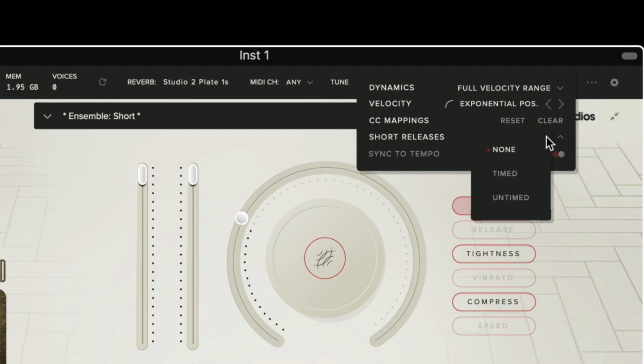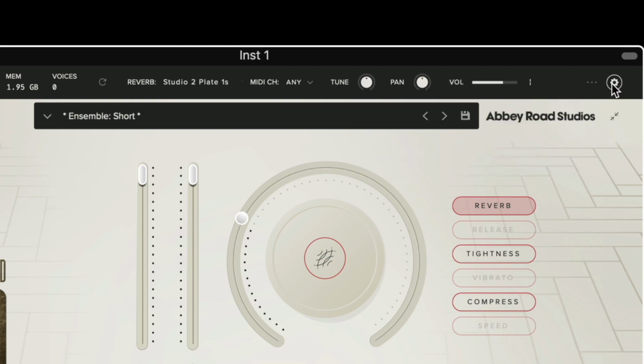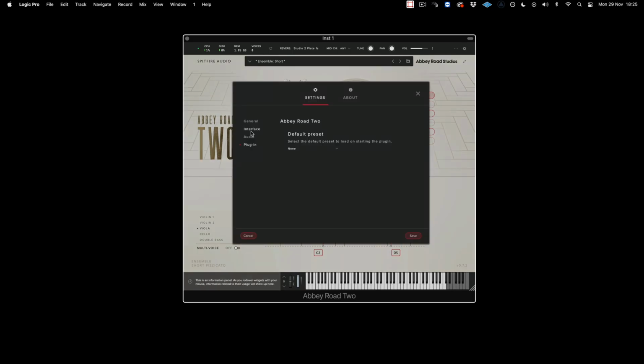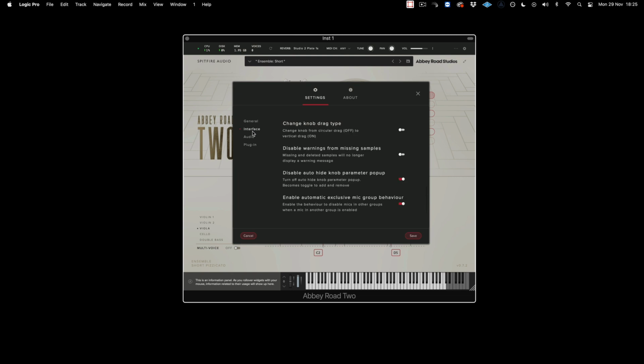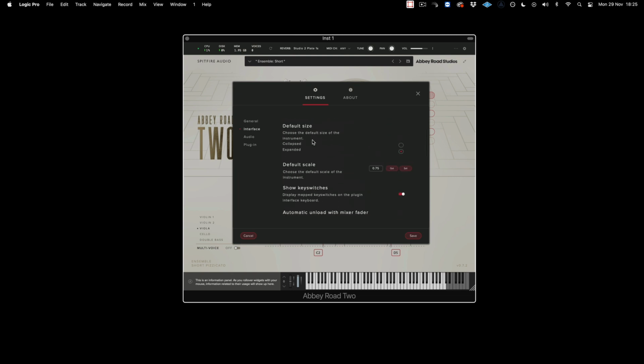The short release option allows us to time the release triggers, or have them untimed. The sync to tempo function isn't available in this library. If you'd like to learn more about these general settings, which are available on all Spitfire plugin products, please do see the user manual. And if you have any further questions, please get in touch with us at